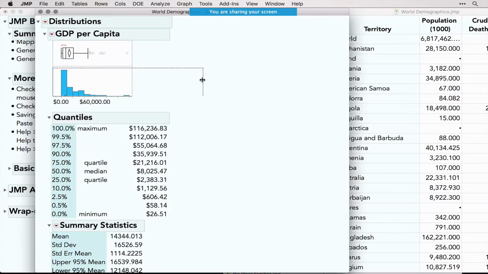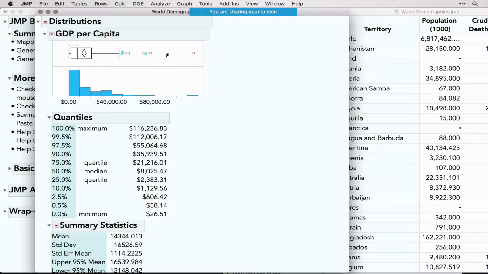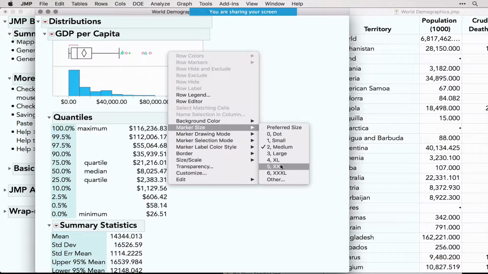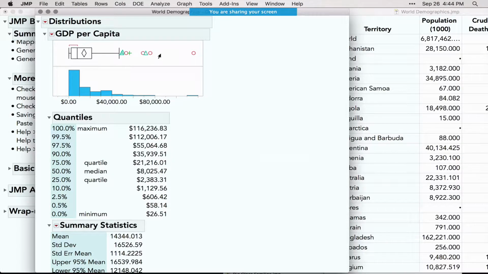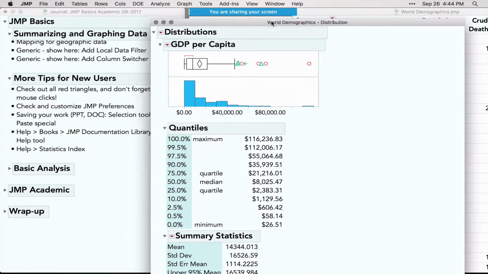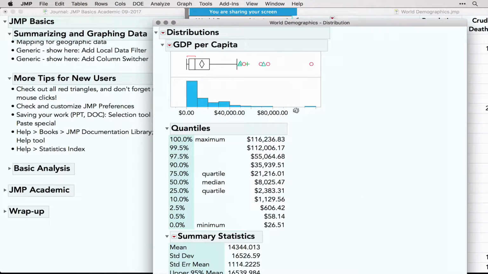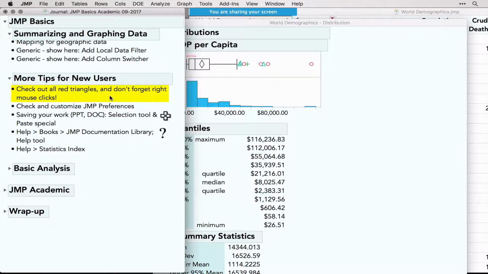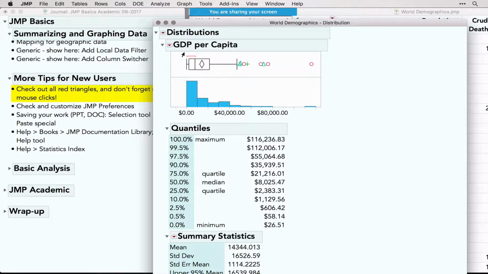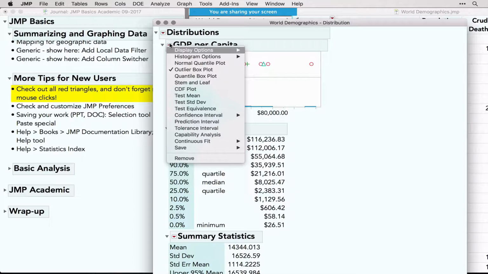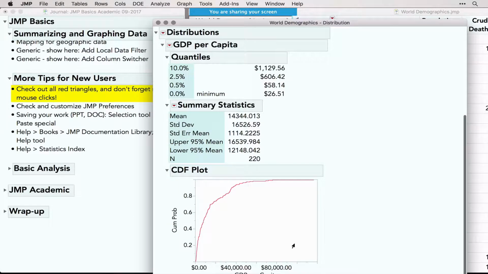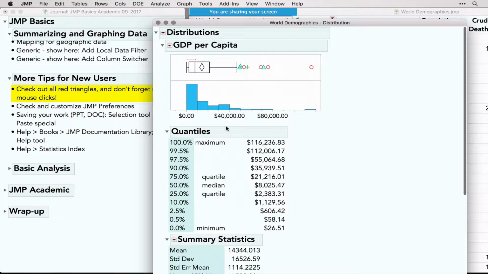So let me make it a bit bigger. Right click, marker size, maybe a bit bigger. So that's the distribution for this column. And the first tip, don't forget red triangles and the right mouse click. So red triangle, so here the CDF plot, if you want to add this, you could add